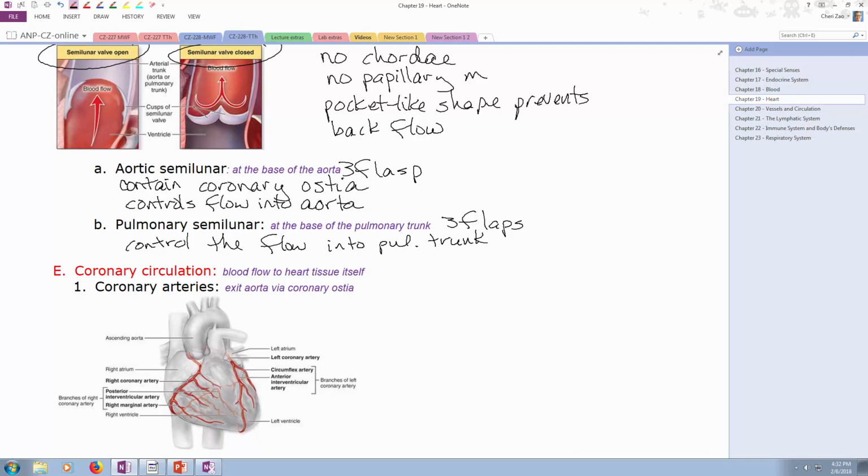What will the scarring do to their efficiency and function? If they become scarred, how easy will it be for the blood to leave the ventricle first? Difficult. And then because they're scarred, how easy will they actually come together to close properly? Also difficult. So that's called stenosis. So scarring of our cusps or leaflets will actually be a stenotic process. It will cause difficulty in getting blood out, and it will cause blood to regurgitate or backflow in, which will